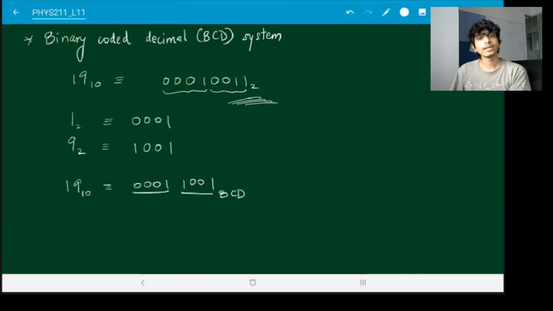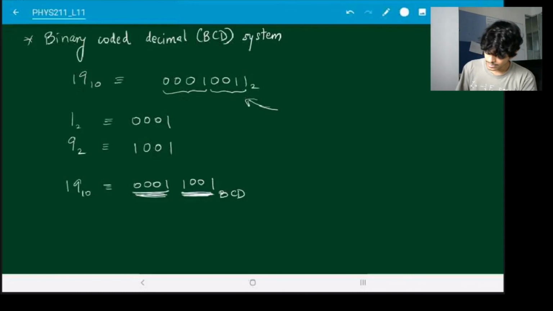Binary coded decimal is not binary, because when you're writing it in actual binary as it is over here, you're working in terms of powers of 2 all the way throughout. Over here, what we've done is we have broken up this decimal number 19 into its 2 decimal digits, 1 and 9, and then each of those we have represented in terms of these 4-bit binary numbers. So this in itself is binary for 1, this in itself is binary for 9, but the total thing is not binary for 19, it is binary coded decimal for 19.